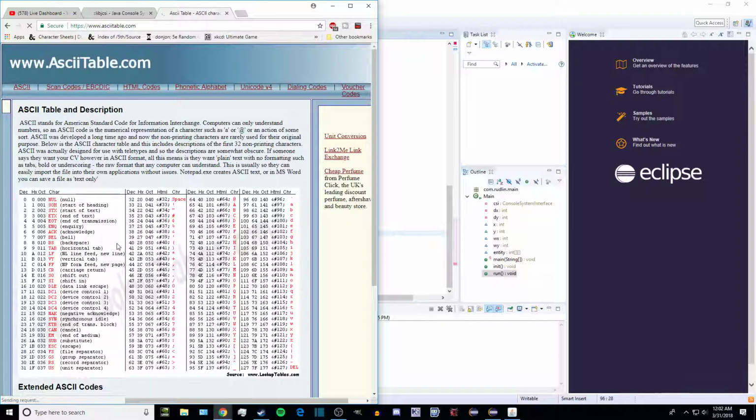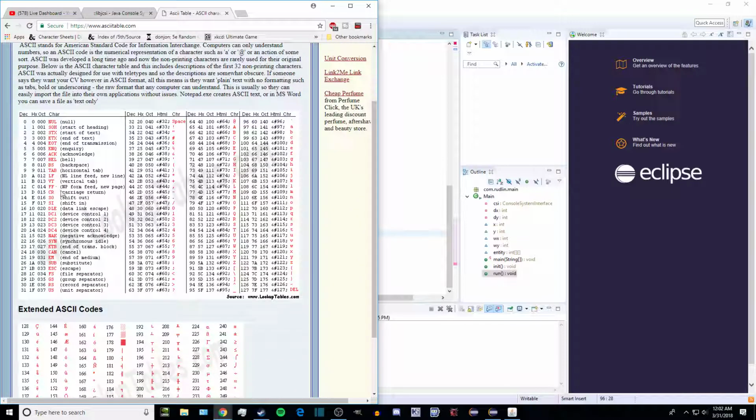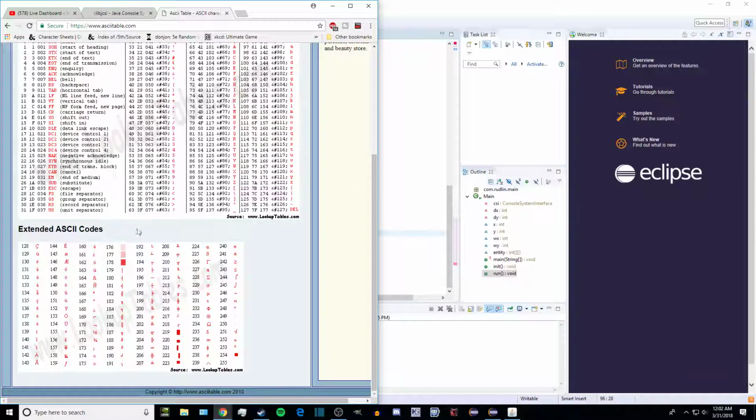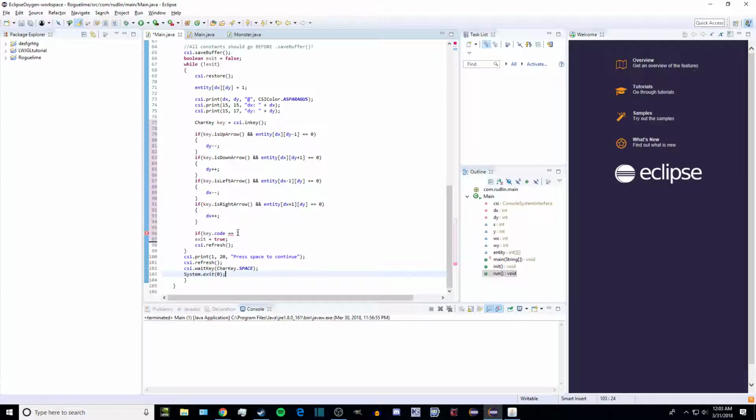ASCII table. Okay, so Q is 81 and 71. So if this equals 81, or